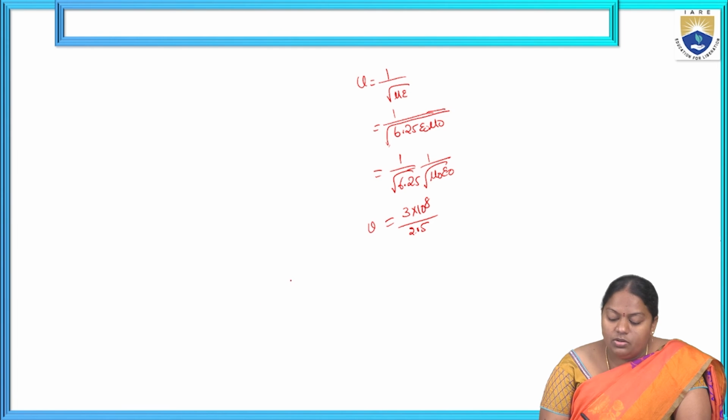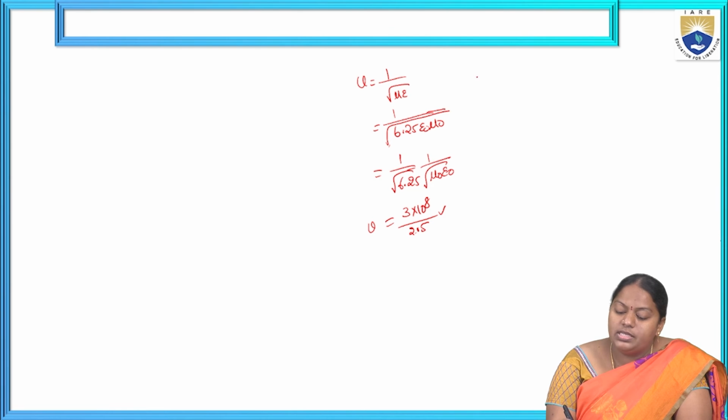Right? This is the value to be obtained for velocity v. So 3 into 10 power 8 by 2.5, and this 2.5 is root of 6.25. And 1 by root of mu naught into epsilon naught has the value 3 into 10 power 8. How is it to be obtained? Means the velocity here,